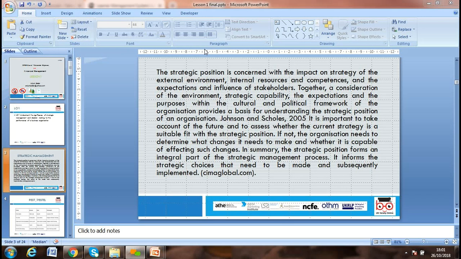Okay, so anybody, any question? Financial management is concerned with managing our financial resources. When we manage our financial resources, we need to look at the organization's strategic position as well, because we're looking at the long-term objective of the organization when we manage our resources. So LO1 is all about more